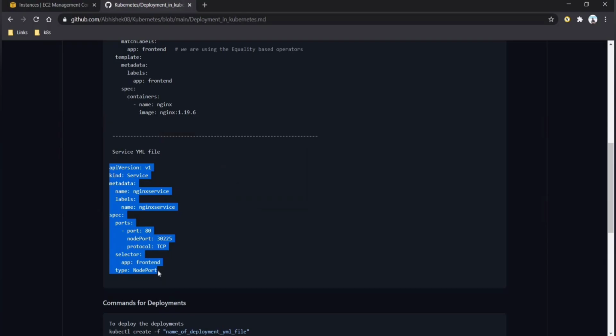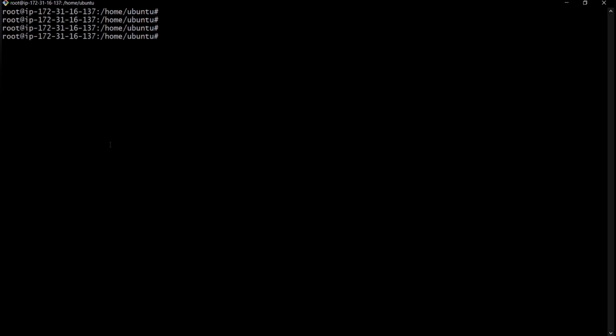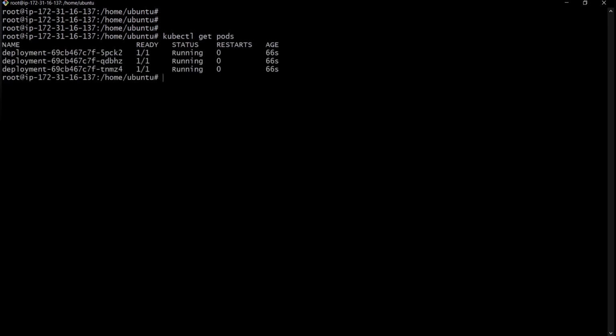so the next thing is to get the list of the pods. We have the command kubectl get pods. So we can see here all the pods. One thing we can know is that this is the deployment, this is the replica set ID, and this is the pod ID. Okay, so these things we have to remember here.